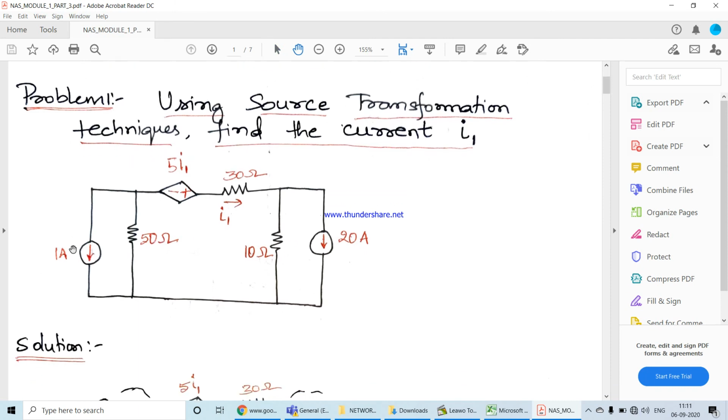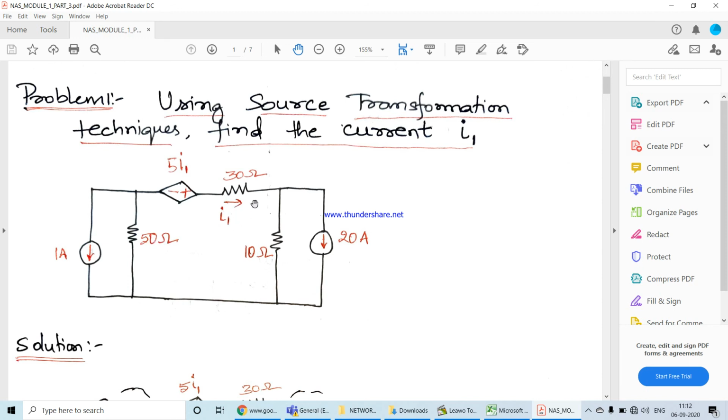The network is given here with a dependent source which you can see here, which is 5i1. As you can see, the minus plus symbol inside the rhombus says that this is a current dependent voltage source, because I1 is current. Normally when we have an arrow we think of it as a current source. When we have a polarity mentioned in the rhombus symbol, we think that this is a voltage source, but it is current dependent because I1 is current here. Now, how to solve this problem by using source transformation?